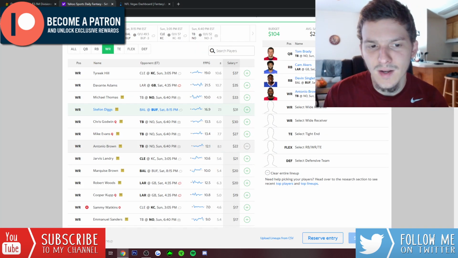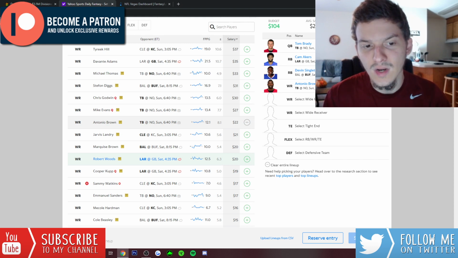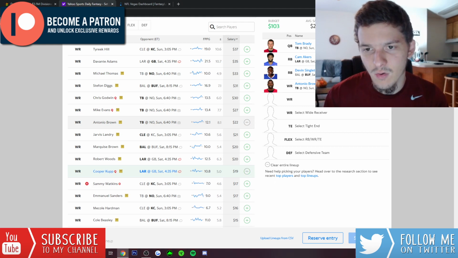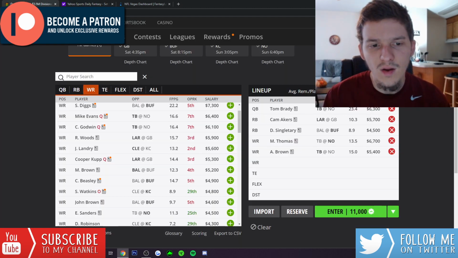I do like him quite a bit on Yahoo. He's pretty affordable over there. Him and Woods are closely priced. There's only $1 difference between the two. Honestly, though, especially for the ownership discount, like last week, Cooper Kupp was really low owned. He was way lower owned than I thought he would be. He was like 15-20% owned on the 3-game slate last week, which I thought was really low. I think on this 4-game slate, he'll probably be low owned once again. So I do like Cooper Kupp quite a bit on Yahoo, and I like him on DraftKings as well at